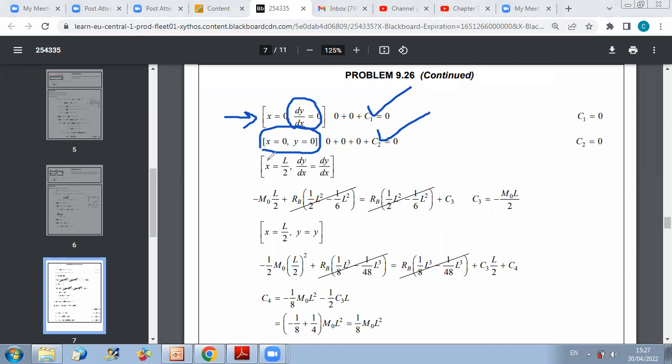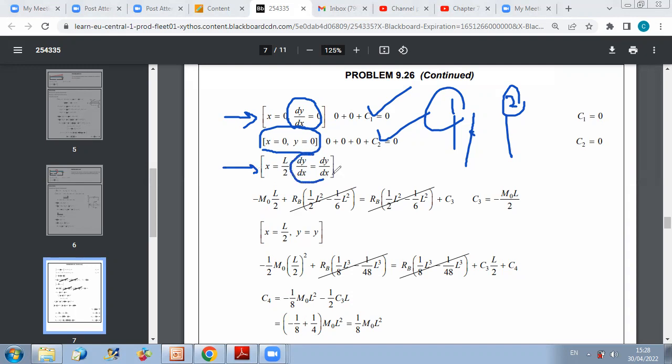Now, at x equal L over 2, which is the point separating section 1 from section 2, as we mentioned before, at any point between 2 sections we can always apply 2 continuity equations: one continuity equation for the deflection value, and one continuity equation for the slope of the deflection, which will be the same. So here at x equal L over 2, I can use